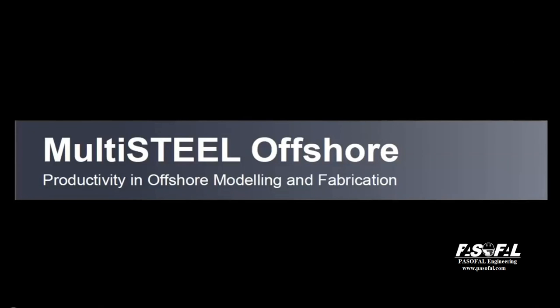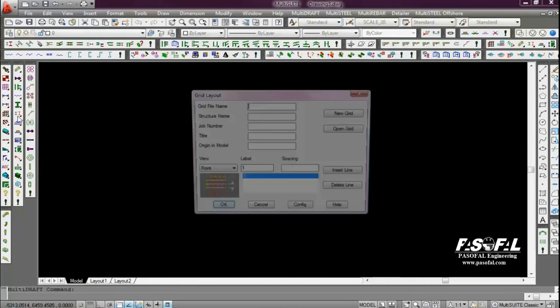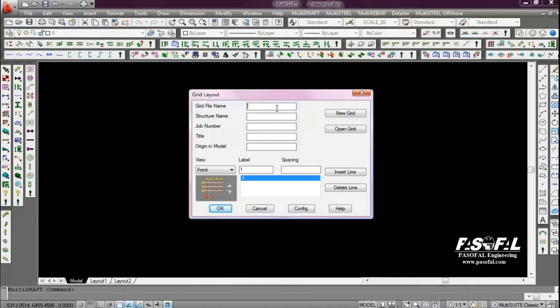In this training, I'm going to show you how MultiSTEEL can generate a pipe-to-pipe connection, a cutting sketch, and a wraparound template. Firstly, I'm opening the software. Then from the plan grid, I click to the plan grid. Then in the grid file name, I type